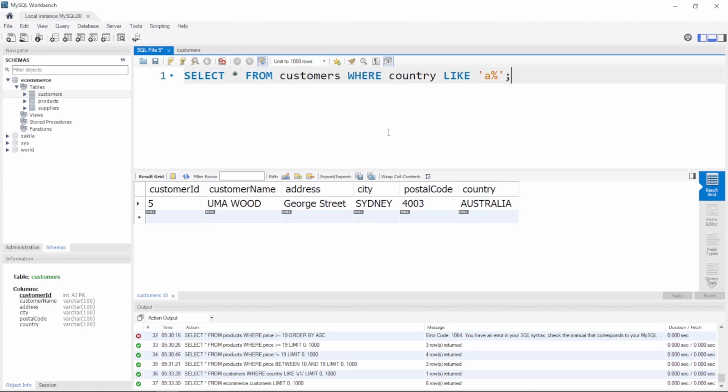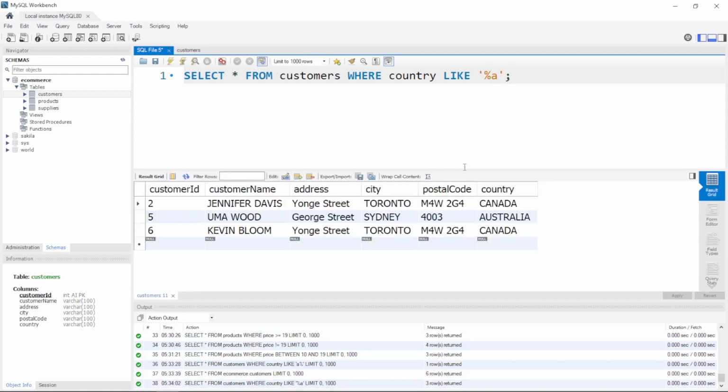Alright, now you could go otherwise, just change the position of the percent sign, hit enter, and that means that all the countries are ending with A. So we have got Canada, Australia, again Canada. So we have got 3 records here, and if you want to see any record having AN